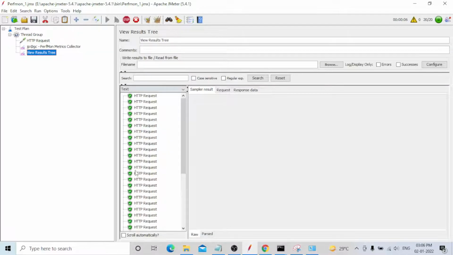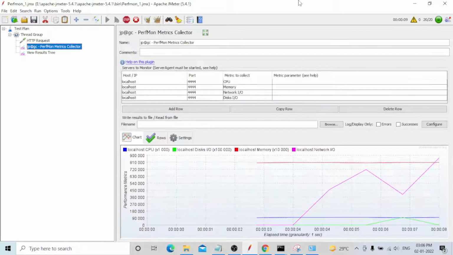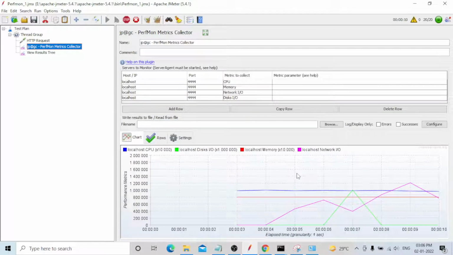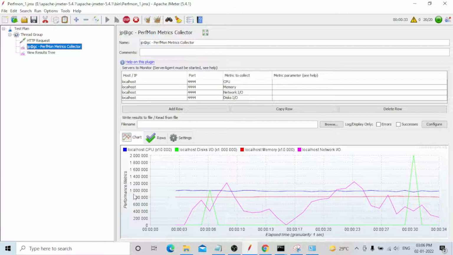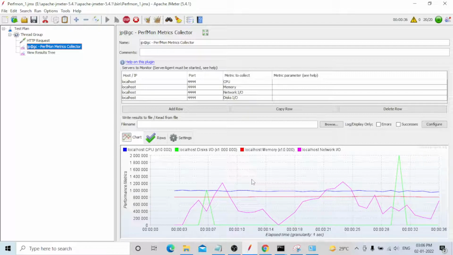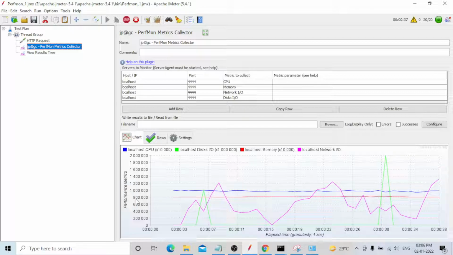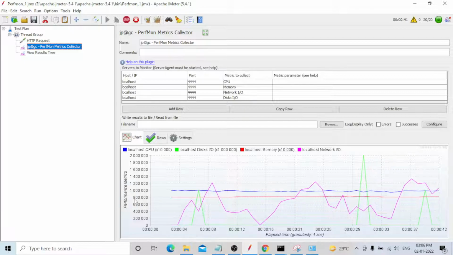Yes, it is running all the requests. You can go to this one. You can see some metrics are going on now. It's the same localhost only. This is the CPU, guys, this is the color, and this is the way the percentage will be going on. Performance metrics will come, and localhost memory will be showing the same.